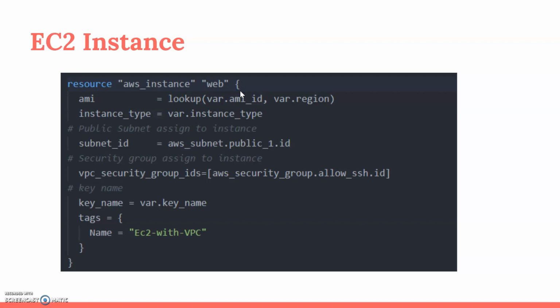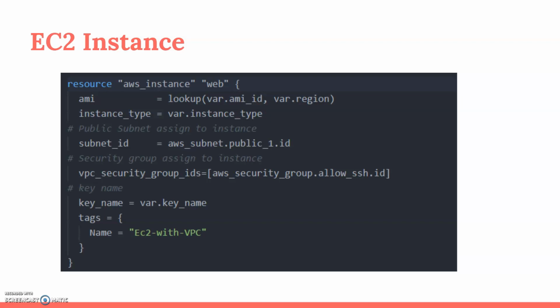So this is the snippet for the instance creation. You can see we have used the AMI ID, which is a reference from the variable file, that is the region against the AMI ID. So we have made the mapping for the region and AMI ID, so it gets the AMI ID from the specific region. Secondly, we pass the instance type. Basically we pass t2.micro because of free tier.